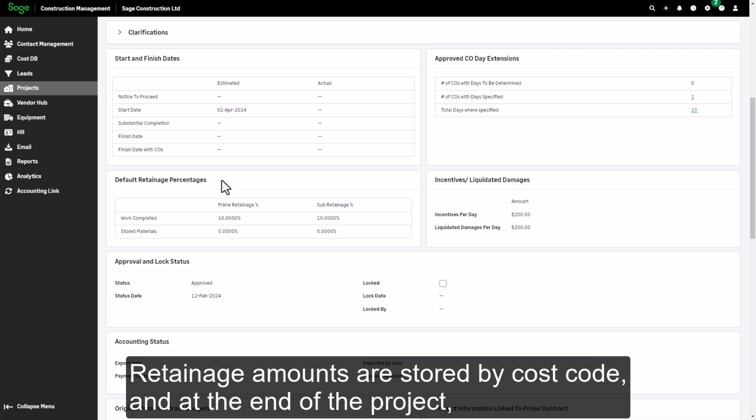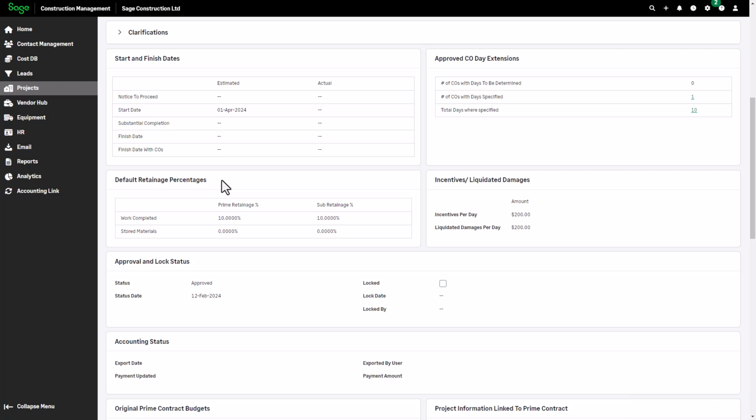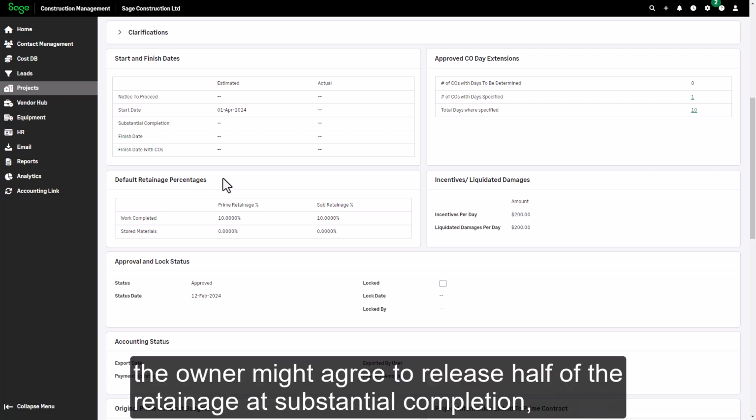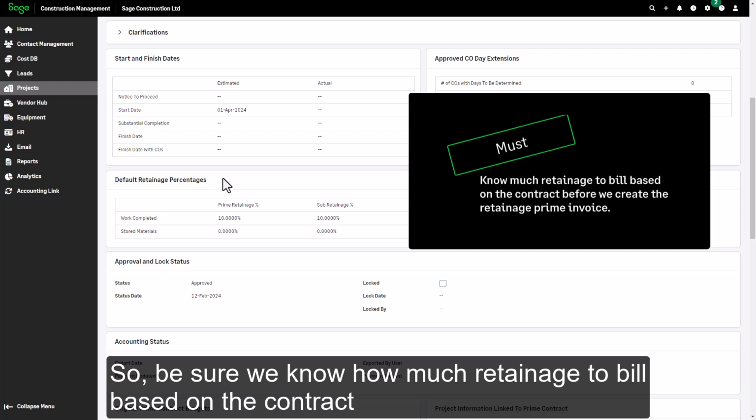Retainage amounts are stored by cost code, and at the end of the project, we'll invoice the project owner for the withheld retainage. We don't have to bill 100% of the retainage at once. Depending on the contract, the owner might agree to release half of the retainage at substantial completion, and the rest at full completion. So, be sure we know how much retainage to bill based on the contract before we create